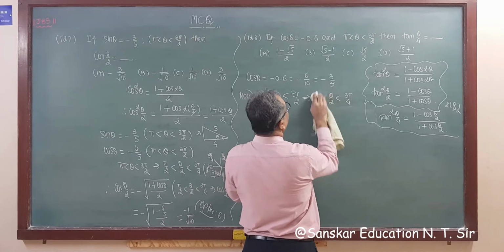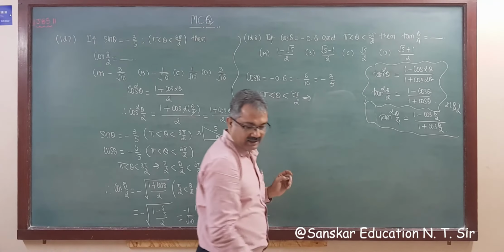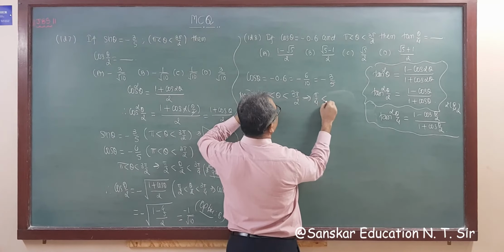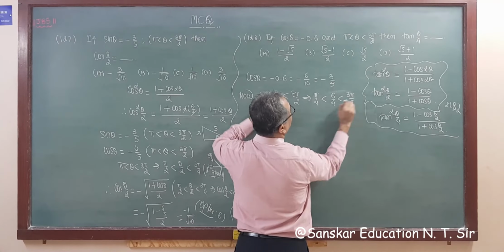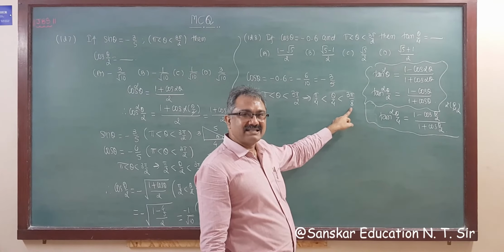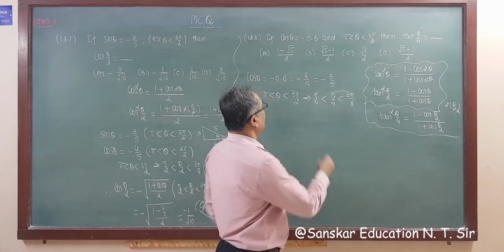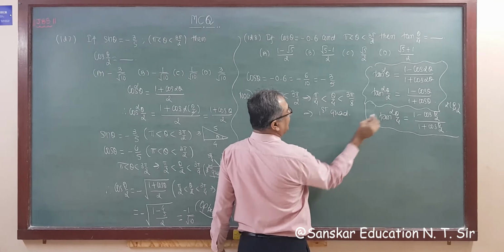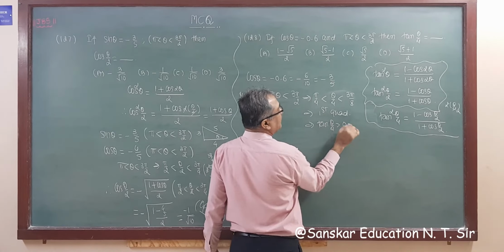So dividing by 4, here dividing by 4, right? So we divide by 4, what do we get? Pi by 4 is less than theta by 4 is less than 3 pi by 8. So 45 to 3 pi by 8, that is 67 and a half degrees. So this lies in the first quadrant, and in the first quadrant tan is positive, so tan theta by 4 is greater than 0.